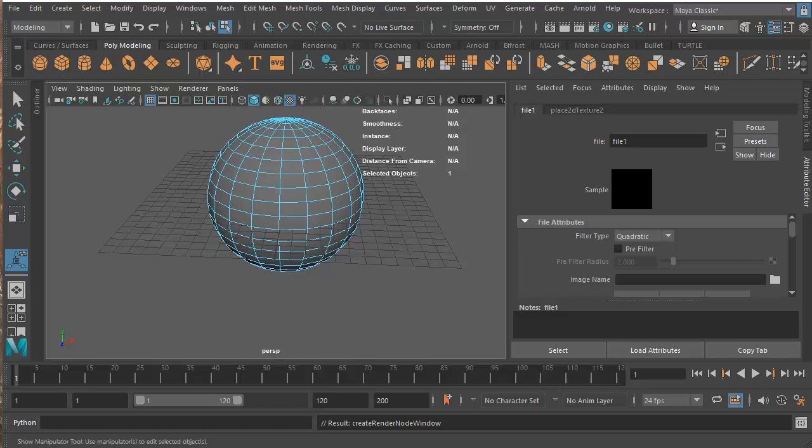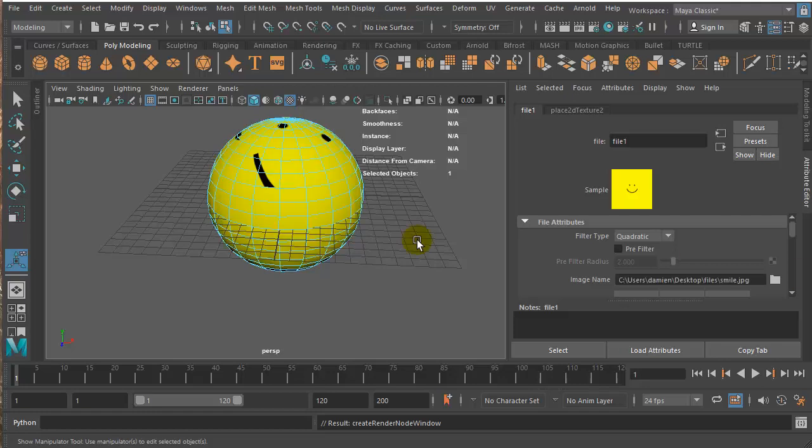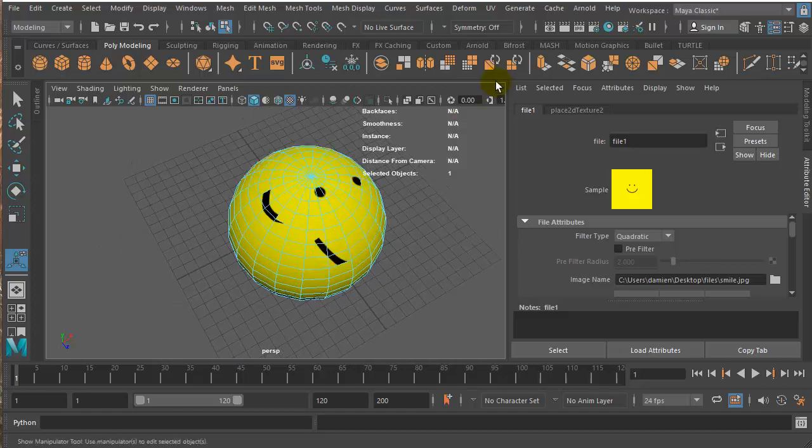I should have been a little bit more organized for this, but it's smile.jpg. So you can see here my smile, I've got my UV map,